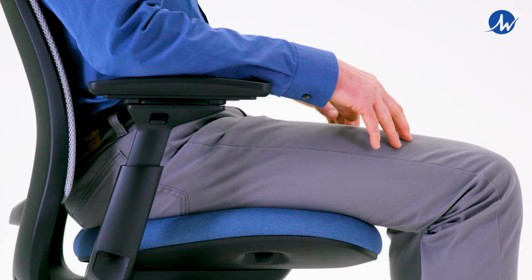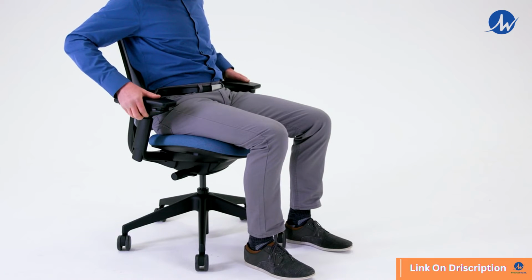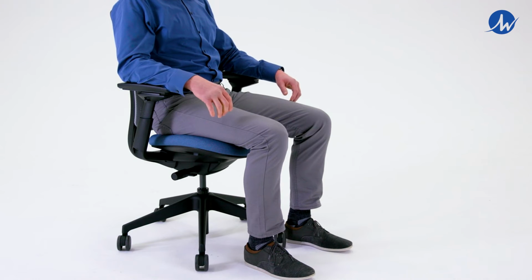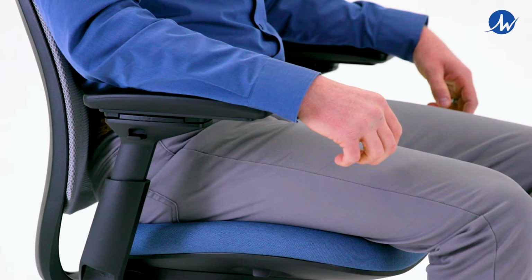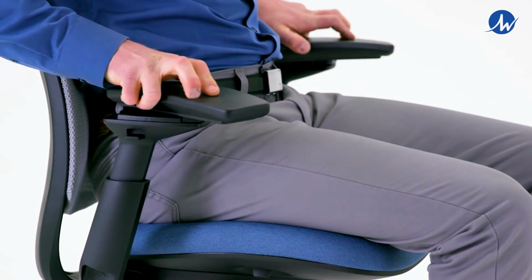While sitting, your arms should rest naturally from the shoulders to reduce strain and pressure on your spine. To adjust the arm height, squeeze the arm button, lift or lower the armrest, then release the button. Arm width, pivot, and depth are adjusted by grasping the arm caps and sliding in or out, forward or back,